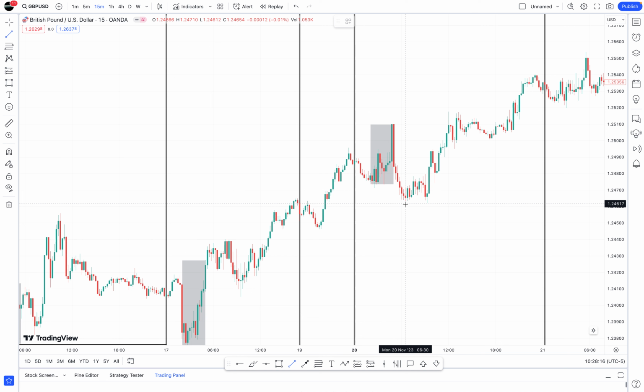So let's just look at this, so this is November's trading. 1, 2, close to it, not 3, 4, 5, close to it, not 6, close to it but not. So 6 times